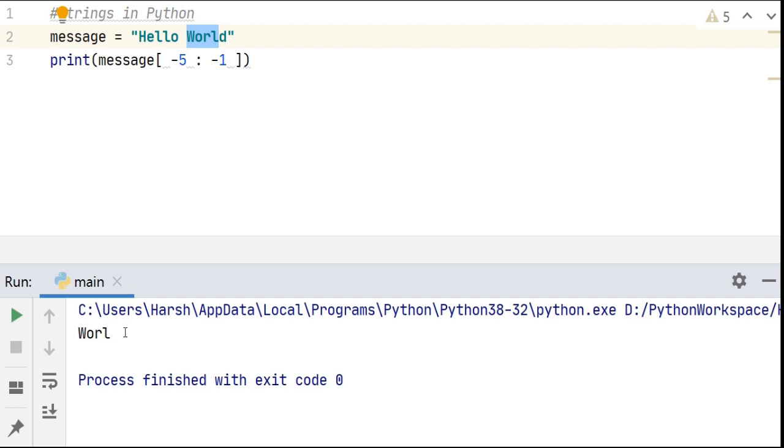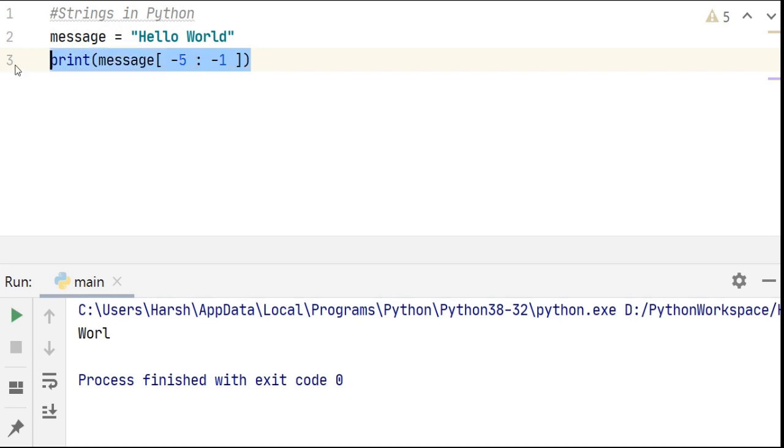These were all variations of slicing. This brings us to the next topic, which is string built-in methods. In the starting of the video, we had an overview of what built-in methods are. For strings, Python has provided us with such built-in methods which we can use. So the first one that we are going to see is to find the length of a string. So for this, we just type len and pass the string inside the brackets.